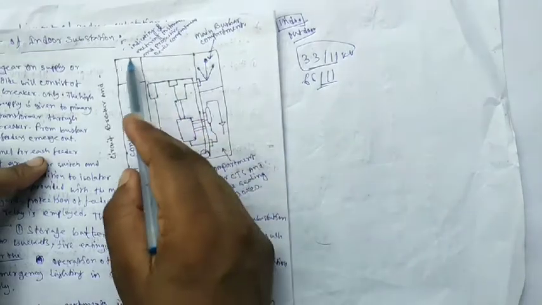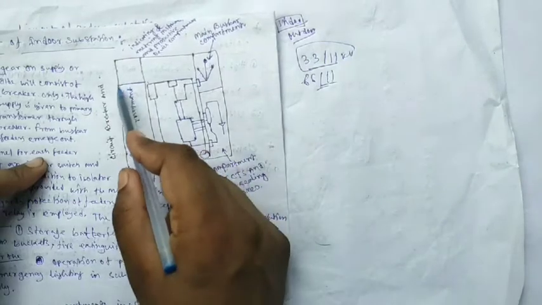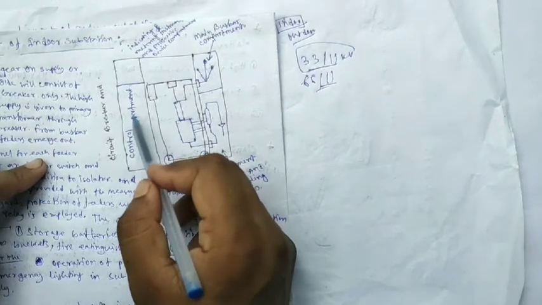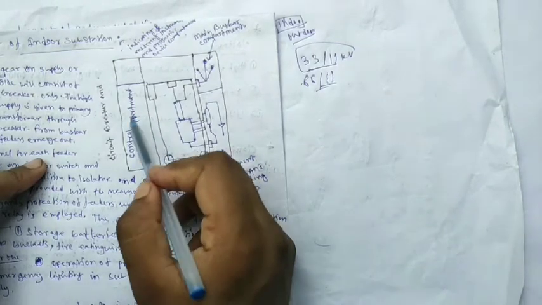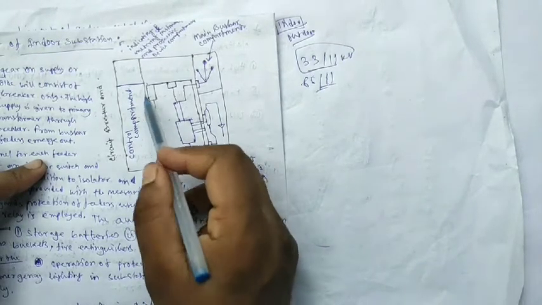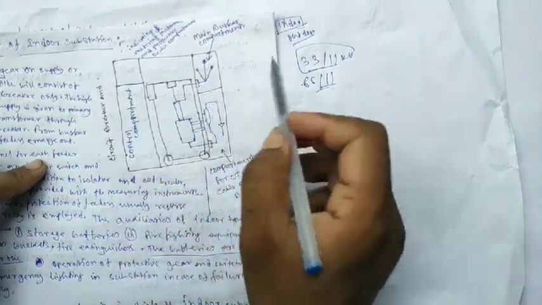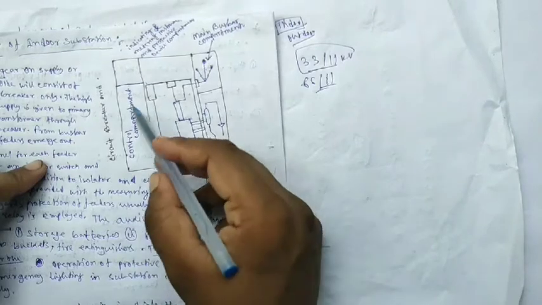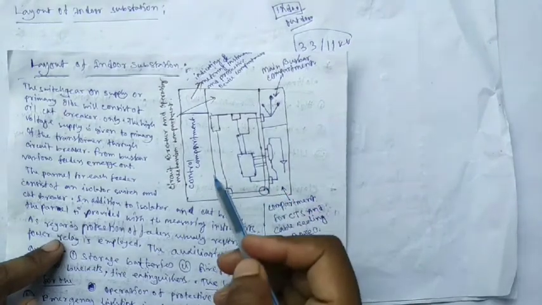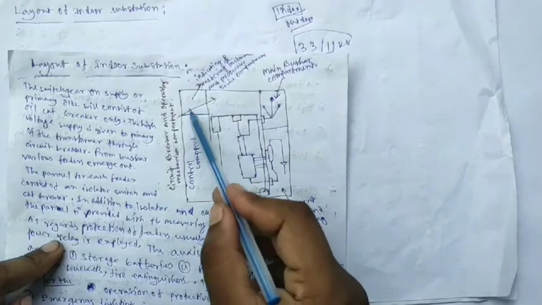Suppose this is a square area. One portion is blocked for the control compartment, where the control circuits are present. Different types of circuit breaker, MCB, and different instruments are present for controlling purposes. This is the control circuit compartment. This portion is for the indicating and metering instruments and the protective device compartment.